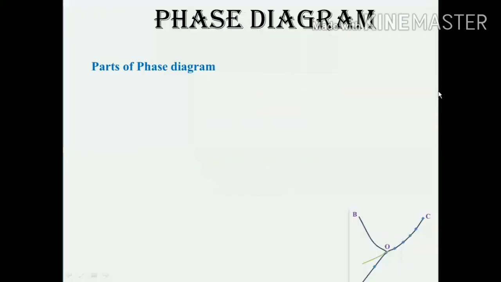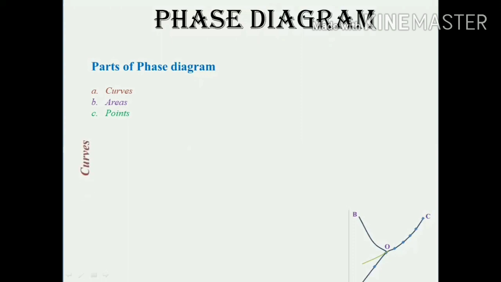So what we said, we had three different parts of the phase diagram. The curves represent the equilibrium condition between the two respective phases of water, which lie to the left and right of the respective curve. The second part is the area, which represents the pure phase of the water, be it solid, liquid, or vapor. The third part is the points, and there is one single point over here, the triple point represented by O. This point says that the solid, liquid, and vapor phases of water coexist at this point O.